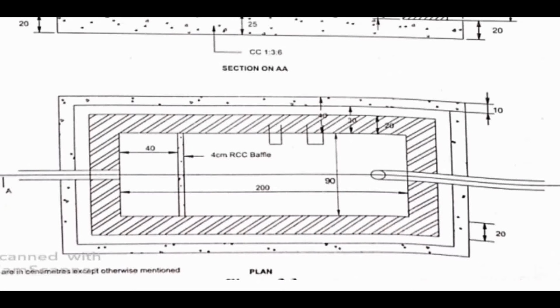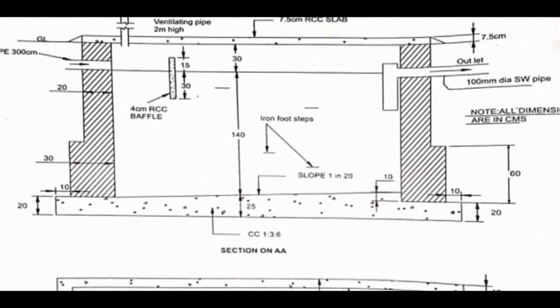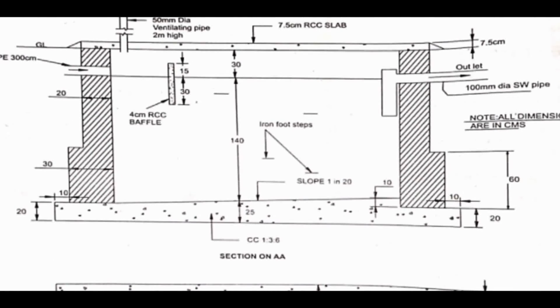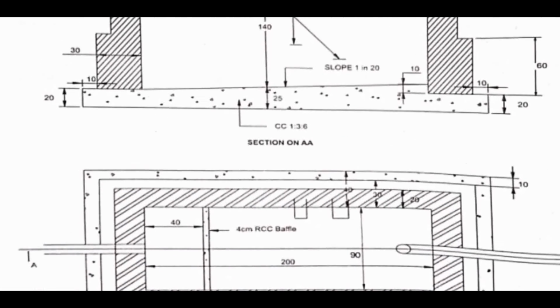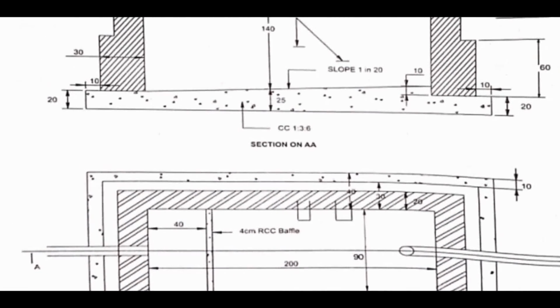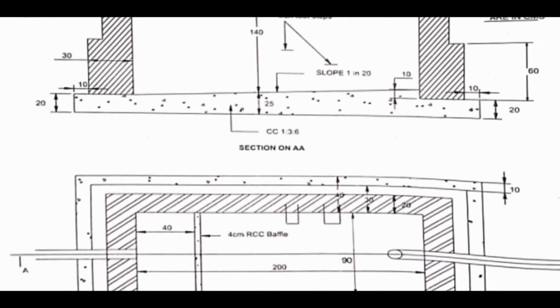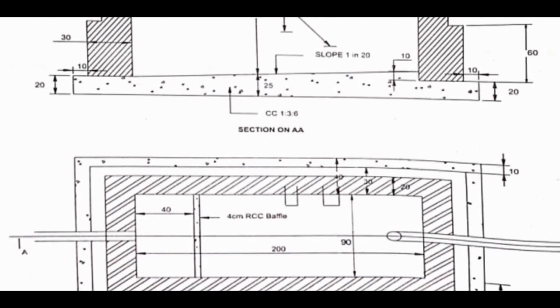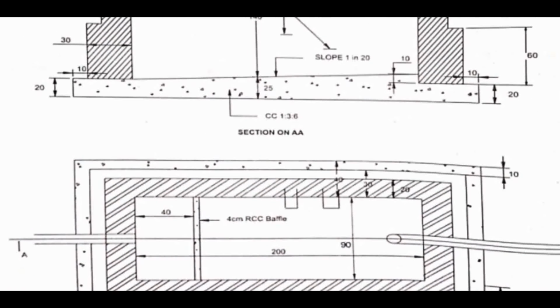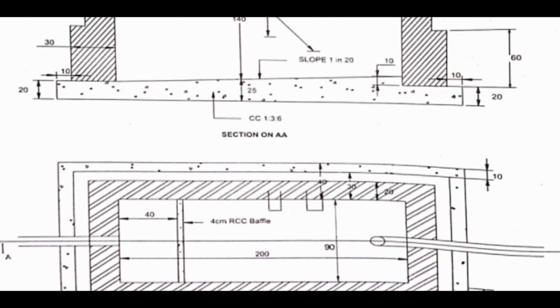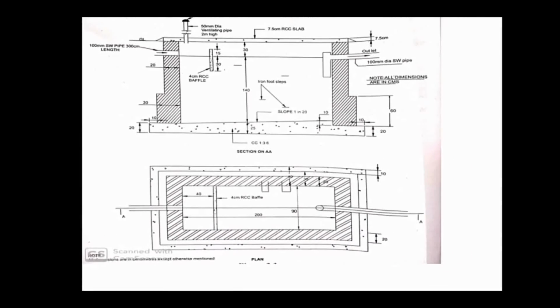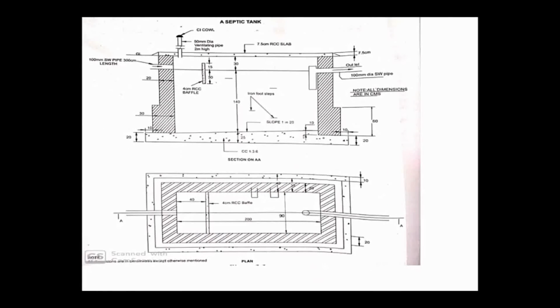So you can see here, when I'm going to consider the length, you can see where the first step ends, from there if I project it in the plan, I can get the length, right? In the same way I can get the breadth also. So by using these plan and section, we are going to find out the long wall for the first step and second step for